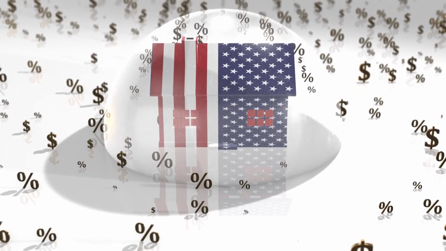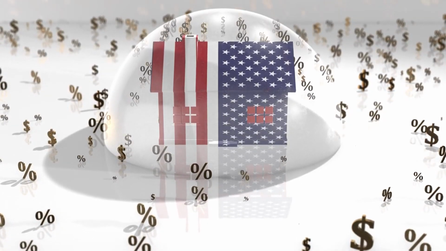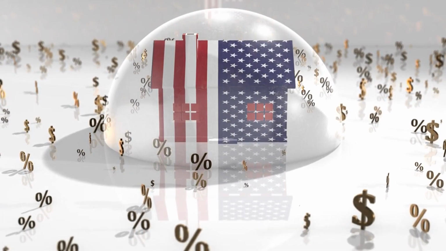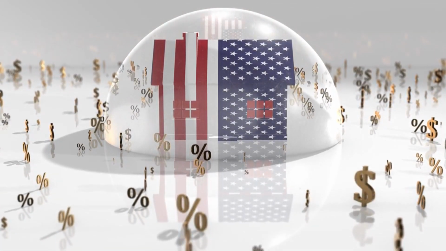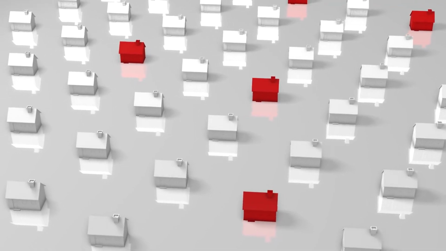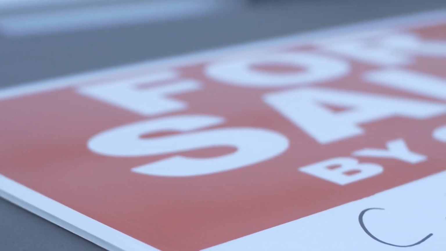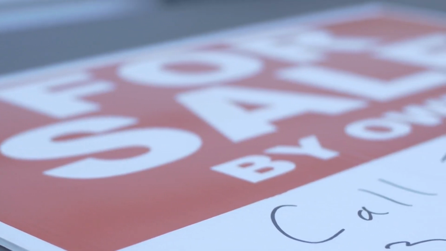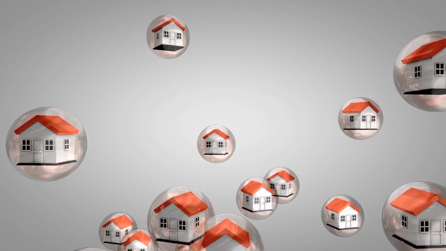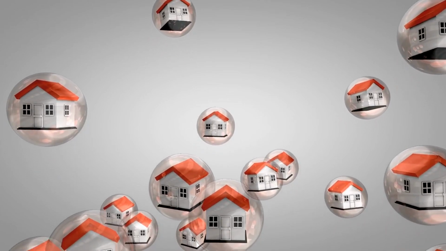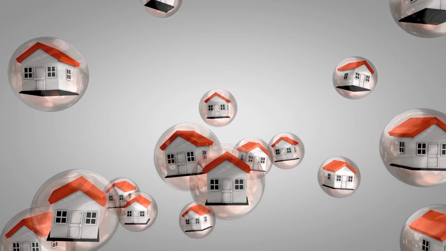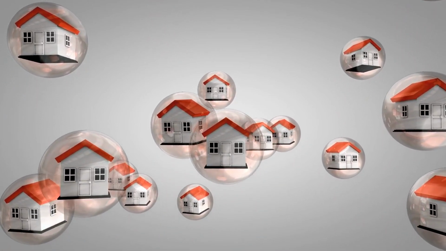Did you know that during the last housing bubble, home prices in some US cities skyrocketed by over 60% in just 5 years? It's a shocking statistic that reveals how quickly the market can shift from stable to explosive. In 2008, when the bubble finally burst, millions lost their homes, and the economy took a massive hit. The truth is, housing bubbles are not just numbers on a chart, they have real consequences for people and communities.